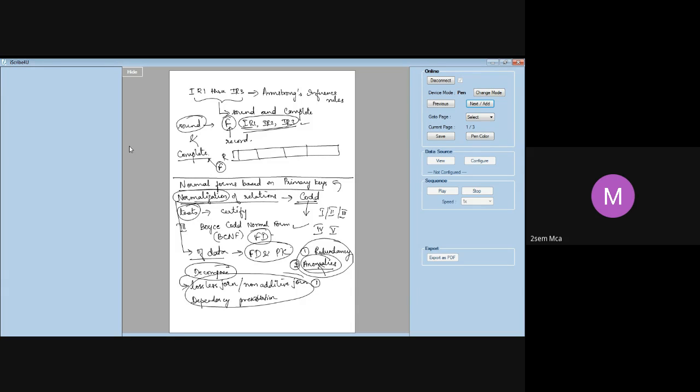Next class, very important, I will be teaching you about these two important properties, and then we will go into the first normal form, which is very, very important for all of you to understand. I'll be giving a very simple example and helping you understand it better. Tomorrow's class, Dwarkanath sir will be taking the third hour. So I will continue on Wednesday.